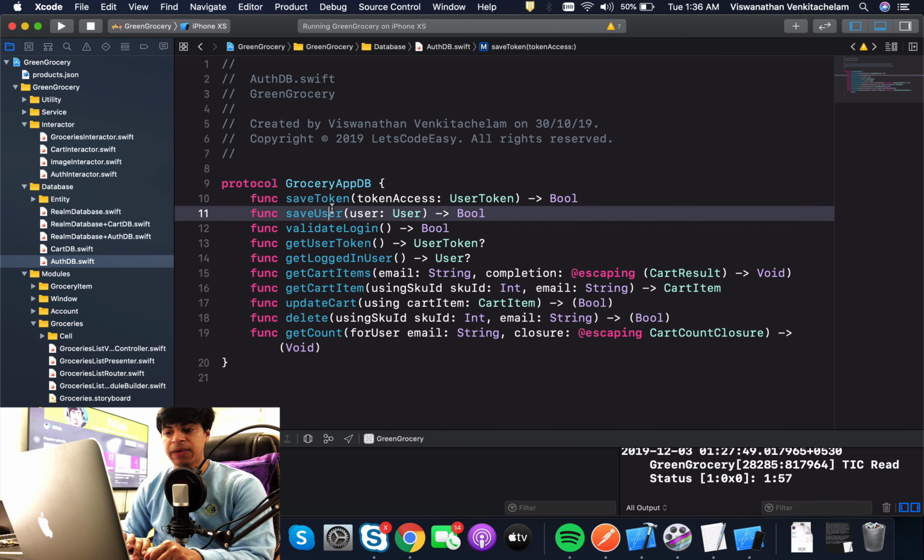Let's say save token, save user, get cart items, update cart, delete, get count, all of this is coming to one big interface. What happens is, let's say one of my consumers, like a cart interactor, needs just